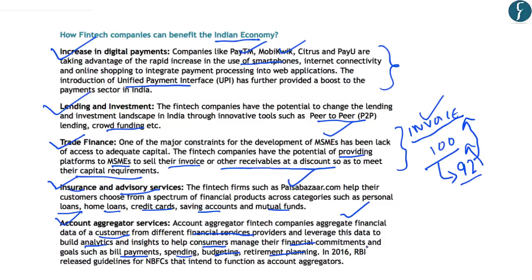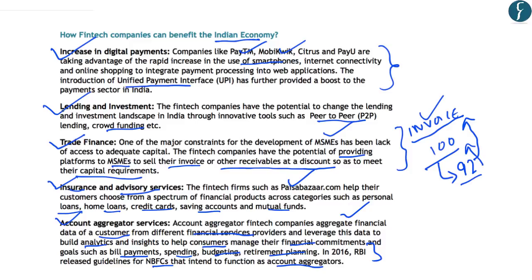And in the year 2016, the RBI released guidelines for NBFCs that intend to function as account aggregators. So these are a few benefits that are likely to arise if fintech companies keep on growing in India. Now, after this, let us understand the key recommendations of the committee which was formed by the Government of India